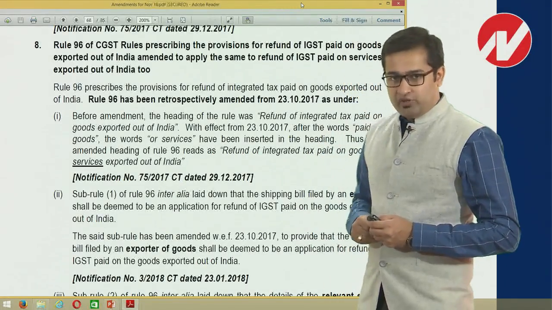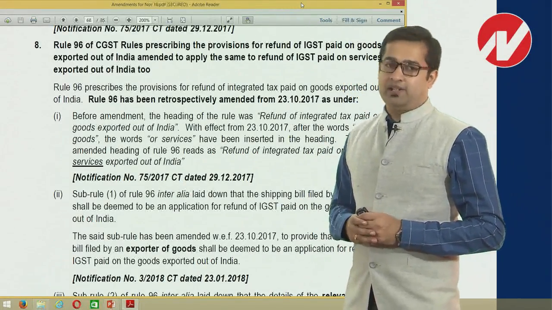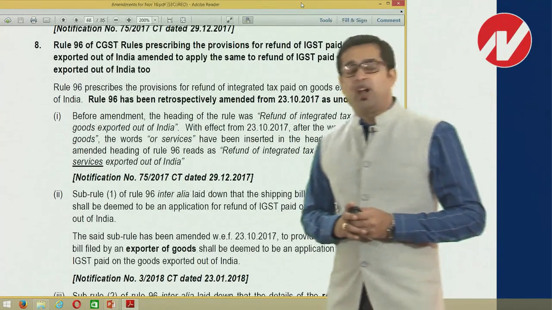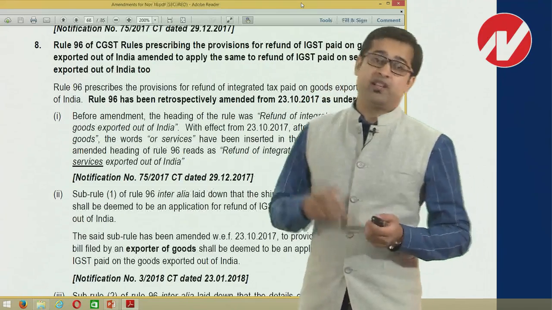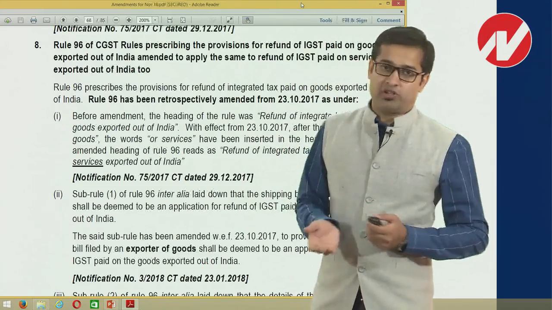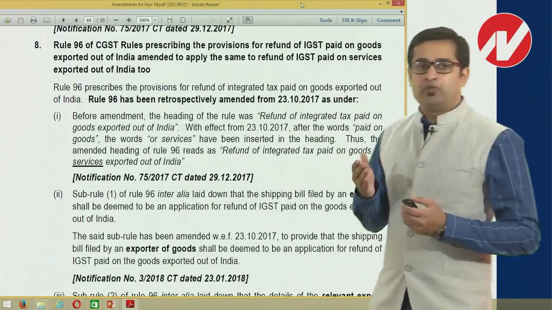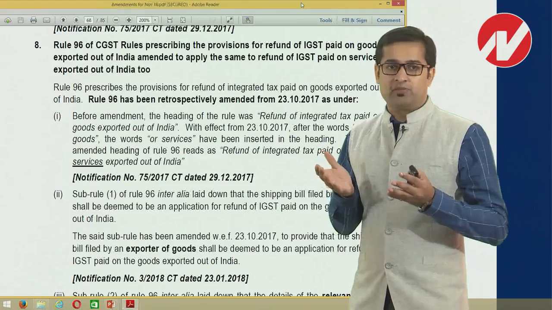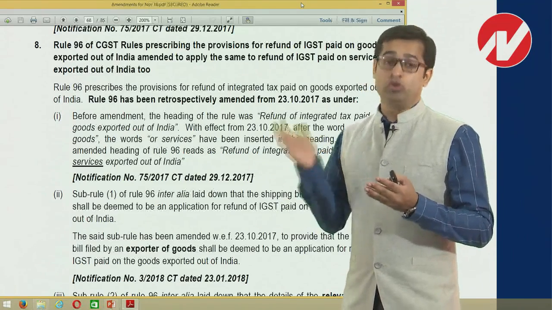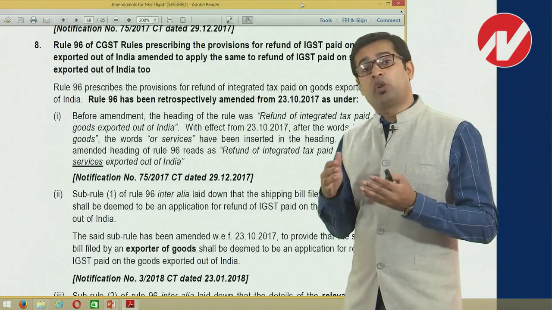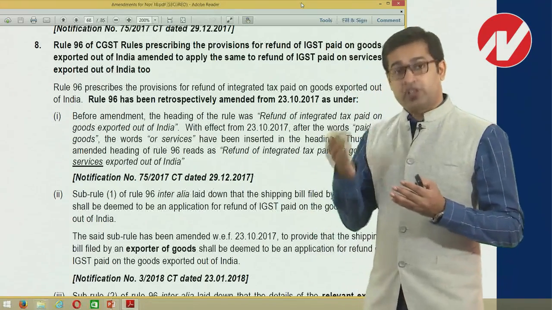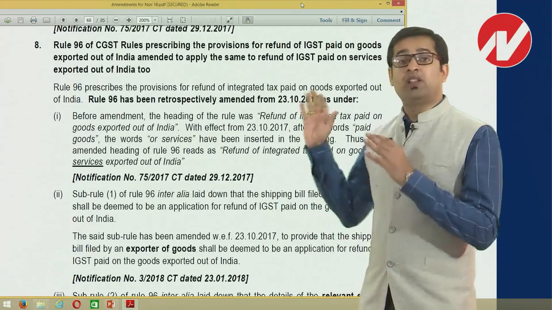Moving ahead with the refund provisions, let us talk about Rule 96. Now basically Rule 96 was applicable with regard to refund of IGST when there is an export transaction. And it was very clearly talking about only export of goods transaction. Now the scope of this provision has been extended, and the revised provision says that this is not only going to cover goods transactions, but is also going to cover services transactions. So whether I export goods or I export services, in both cases I can think of applying for refund